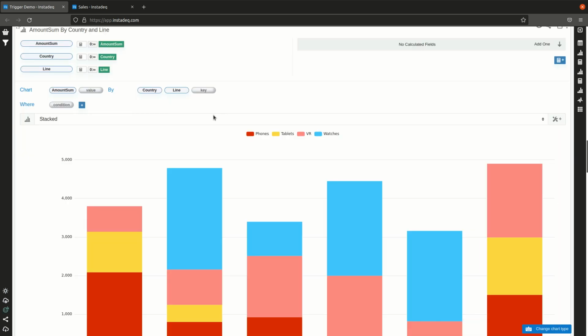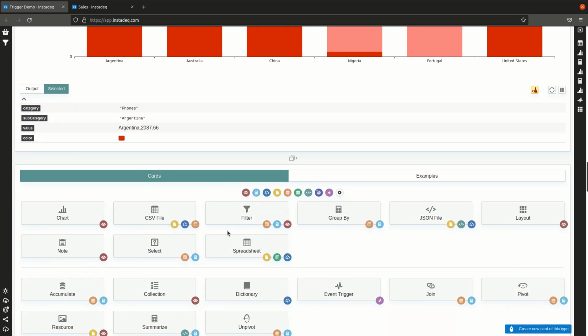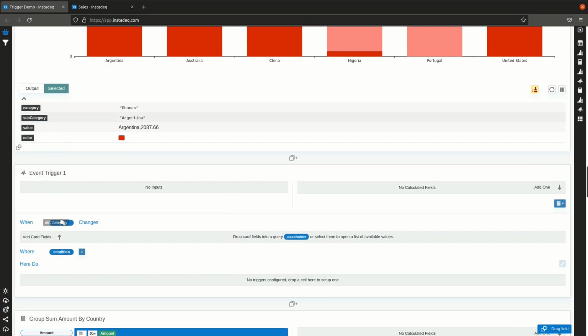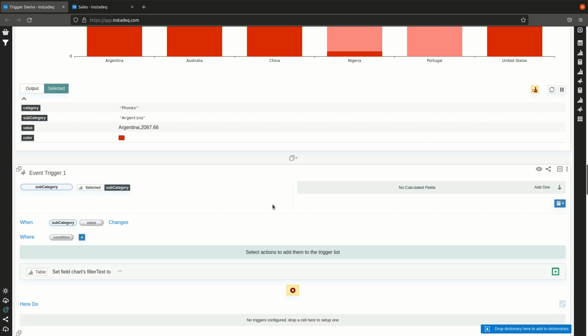Let's do the same for the bar chart. If I click on a bar, the selected section will have some information. In our case, we want to use the subcategory over here. So I will add an event trigger. I will say that when the subcategory changes, we want to do something on the table,